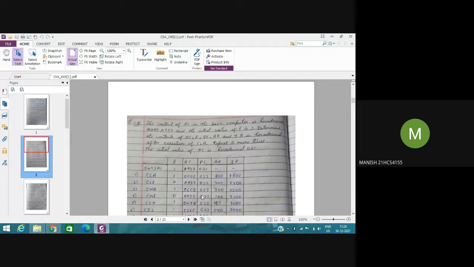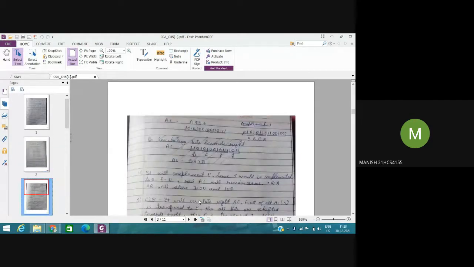and PC will be incremented by 1 due to the fetch instruction, and the IR and AR will contain the hexadecimal code which is given in the book. Like it is having 7100, and the AR will contain the last three digits of IR, that is 100. Now we will do circulate right AC.